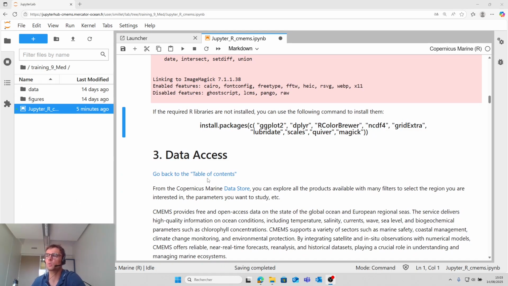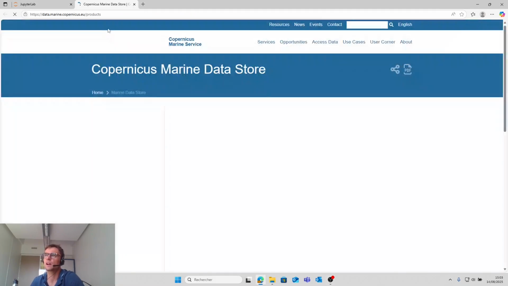In this training, we will work with the Copernicus Marine Data Store. Here you have a link and you can see all the data available.